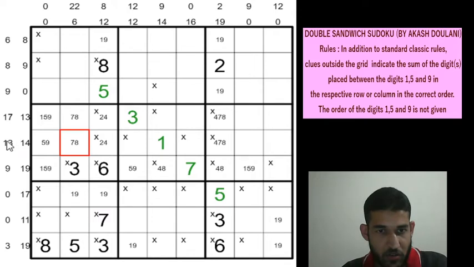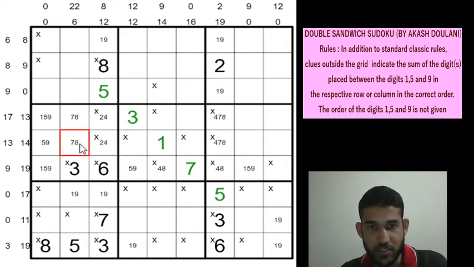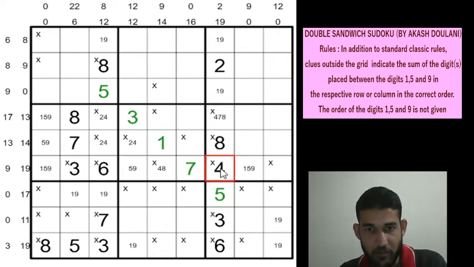Okay, so to satisfy the 13 clue along row 5, can we have an 8 in row 5 column 2? No, because if you have 8 there, then these 2 cells add up to 5, which is going to be 2 plus 3, not possible, or 4 plus 1, which is again not possible. So this is going to be a 7, this is going to be an 8, and these 2 cells add up to 6, so this will be a 2 or a 4, and that removes the 4 and 7 there, so this is going to be an 8, and that will be a 4 now, and this will be a 7.